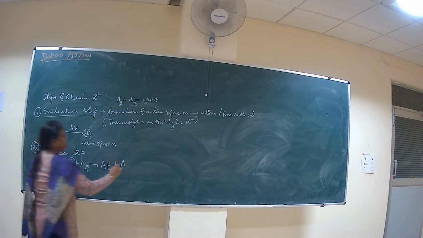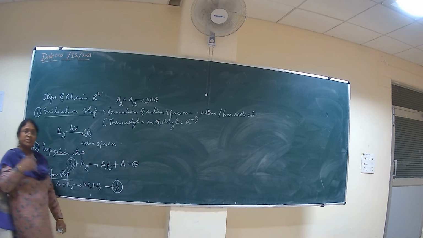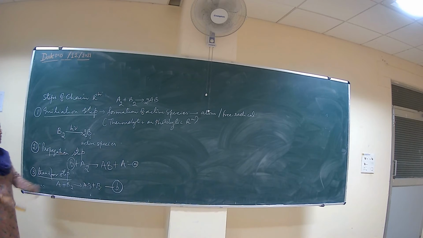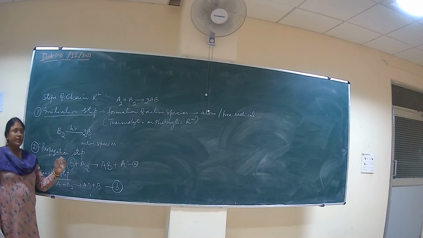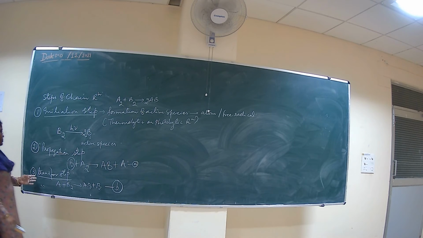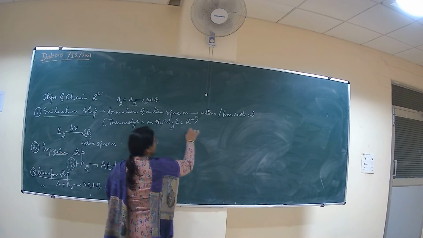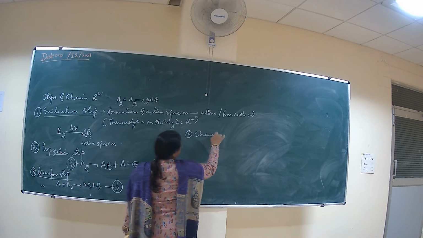So जो हमारा step A और step B है, ये continuously proceed करता है for a long period of time until there is a termination of the chain. Okay. So third step के बाद we have a chain retardation step. Fourth one is the chain retardation step.